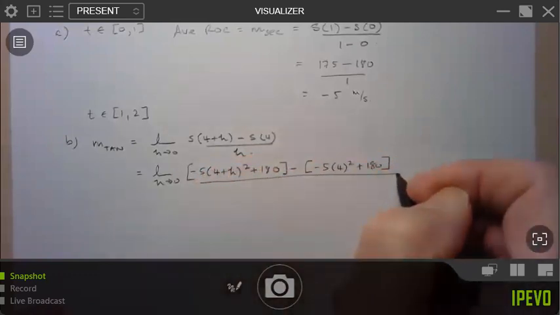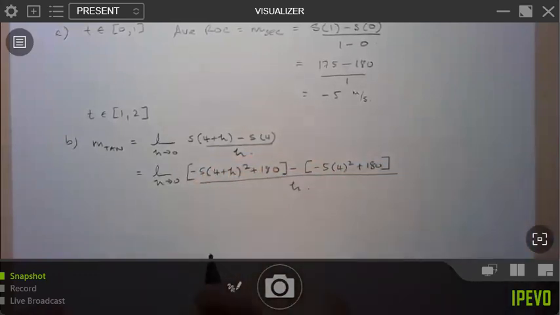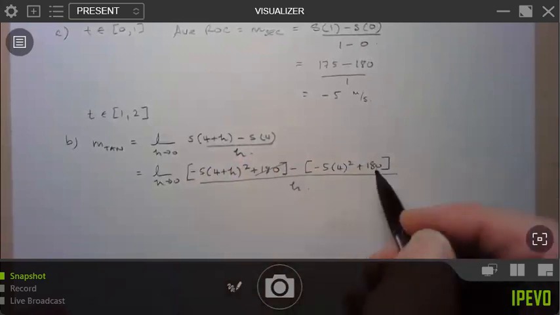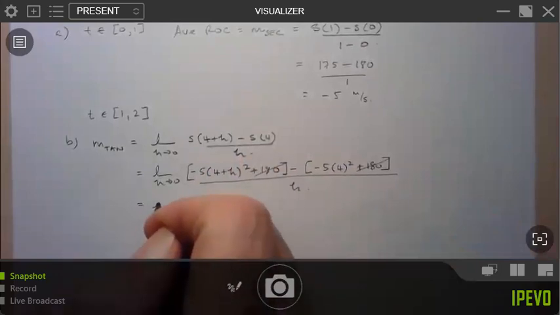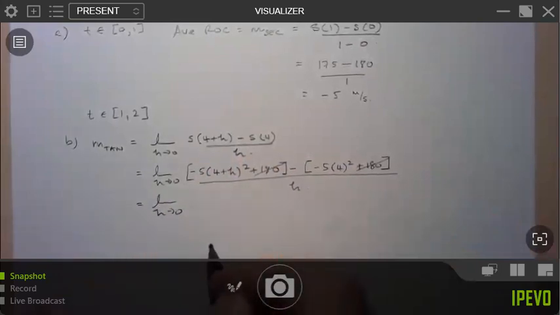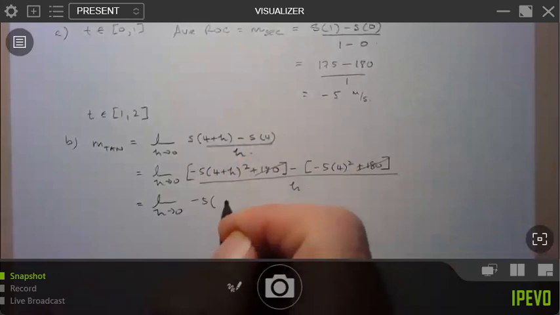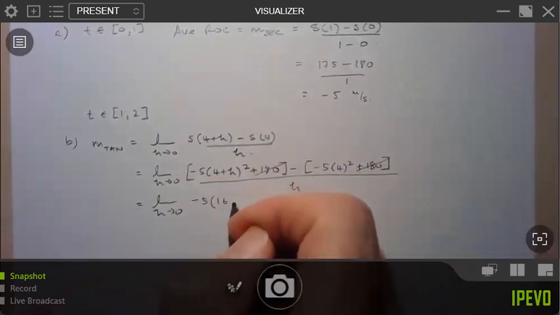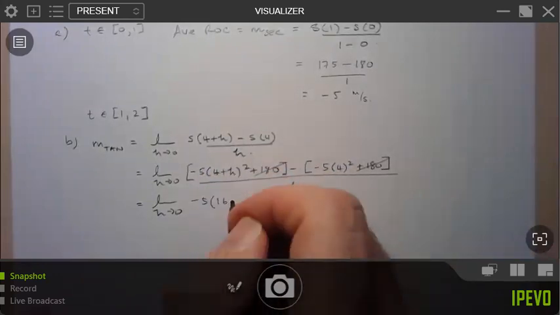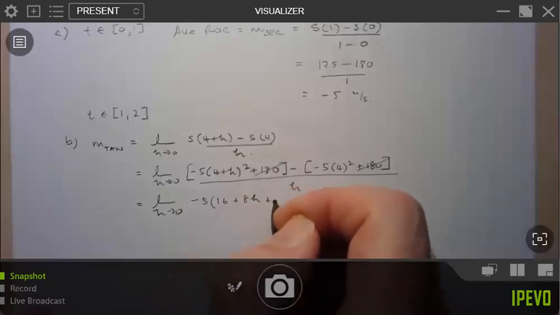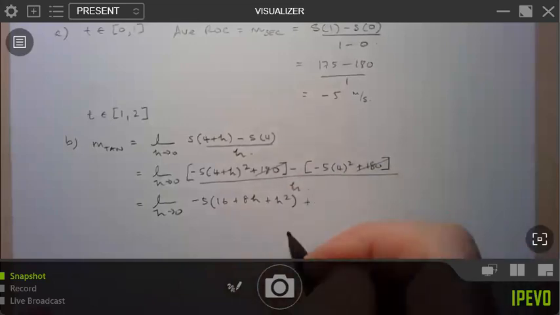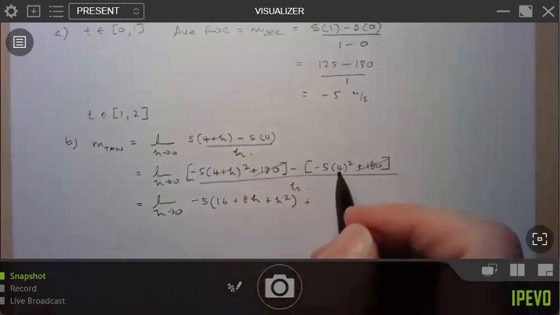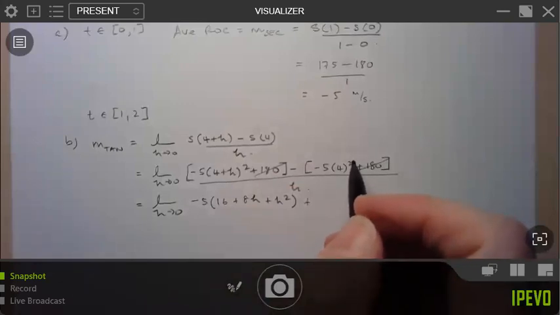All over h. Okay, so the first thing I notice is that the 180s are going to cancel out because I've got 180 minus 180. So again, please keep track of my algebra here. So this is negative 5 times, square the first, square the last, twice the product. So 2 times 4, that's 8h, plus h squared. And this is going to be plus, what do we have here? 16 times 5. So 50 plus,